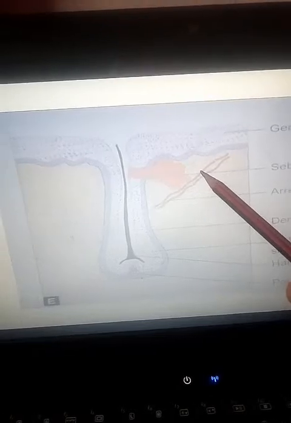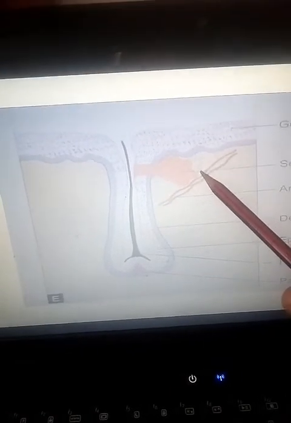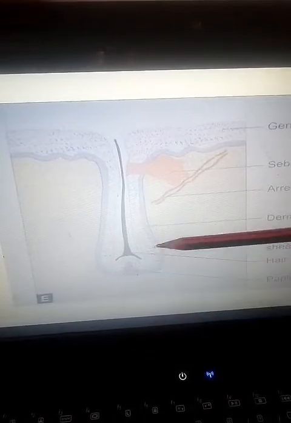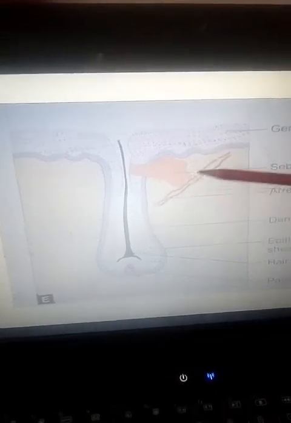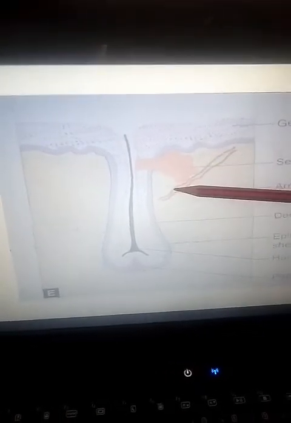So here you can see we have the erector pili muscle. A thin band of smooth muscle is formed by the mesodermal cells. जो बाकी the mesoderm cells थे उसने क्या किया, that forms the smooth muscle that gets converted into the smooth muscles and get attached to the dermal root sheath. तो उसने यहाँ पे एक एंगल पे smooth muscles mesenchymal cell ने smooth muscle बनाई and it get attached to the dermal root sheath. ठीक है, so the typical hair follicle is thus formed here.